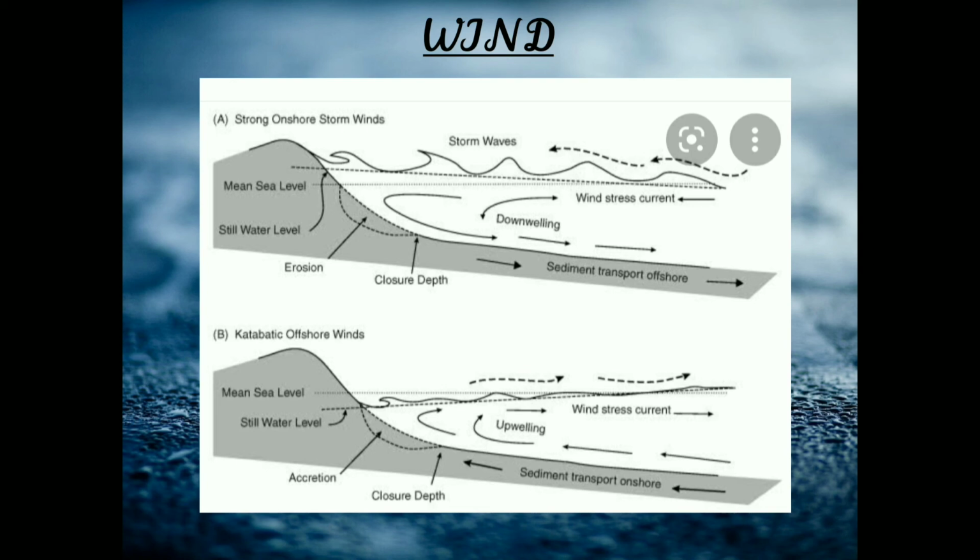Considerable variation exists, however, in the efficiency of the energy transfer from the wind to the water and eventually to the seabed. Wind-driven currents result from wind shear on the water surface, with energy transferred through turbulent mixing. These currents are indirectly the result of atmospheric circulation systems and operate over a wide range of temporal and spatial scales.